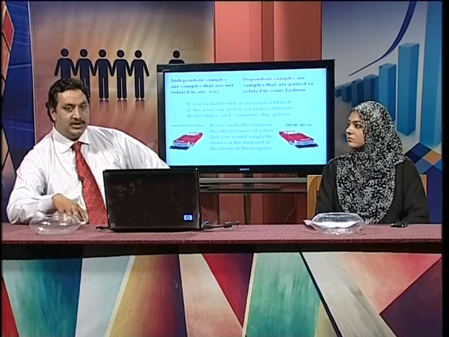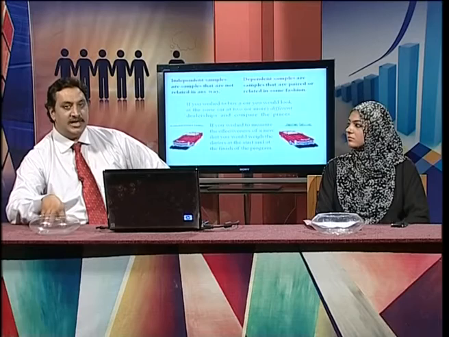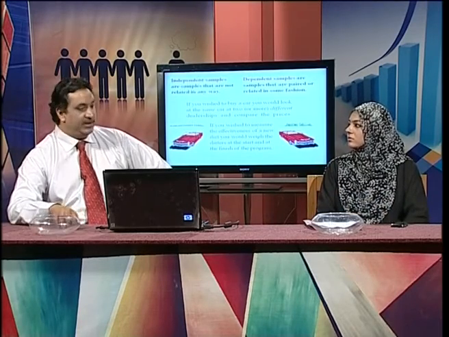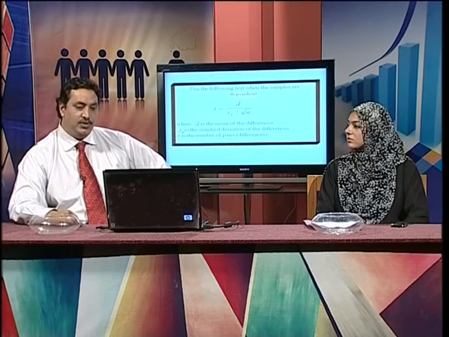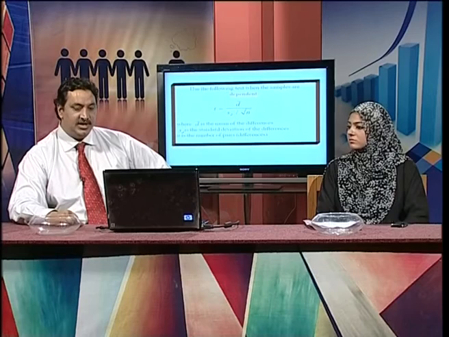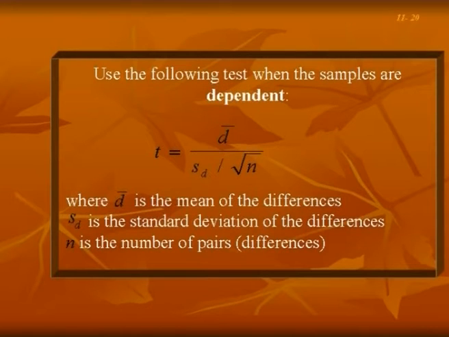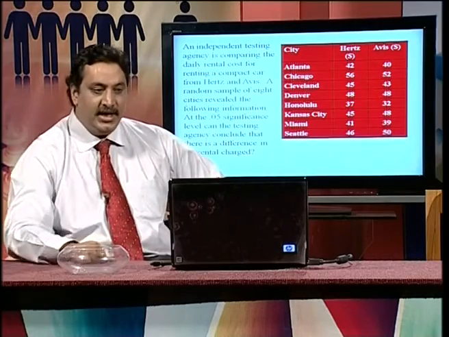In the earlier pooled T statistics, we basically pooled the sample variance of independent samples. But for dependent samples, we generally use this type of T statistics, D bar divided by SD over root N. And D bar is basically the difference of two sample observations. Suppose this is the data.